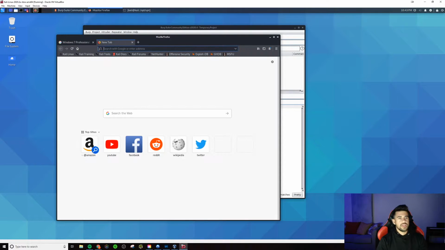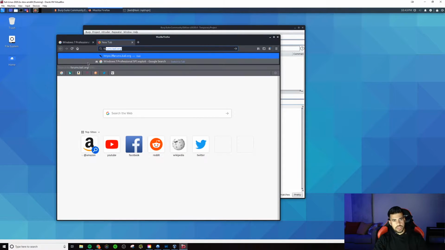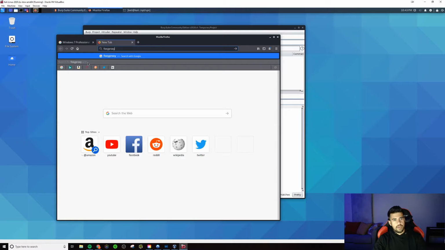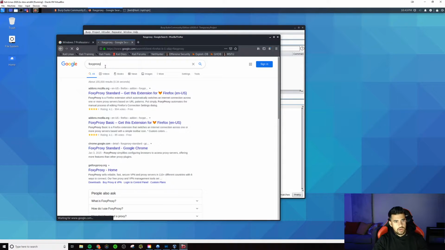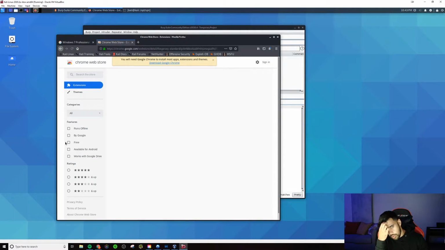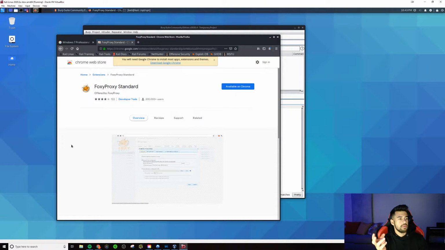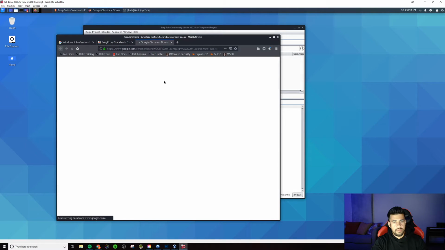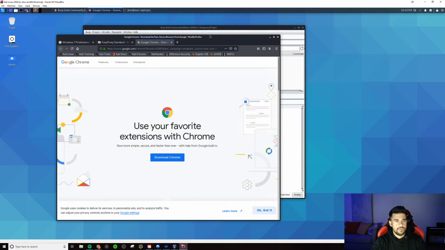One of the best tools when you're using Burp is a tool called FoxyProxy, because if you don't have FoxyProxy, every single time you want to enable your proxy so that you can capture your traffic in Burp, you're going to have to go into the network settings, and it's just going to be really annoying. So the easiest way to do it is, if you're using Chrome,